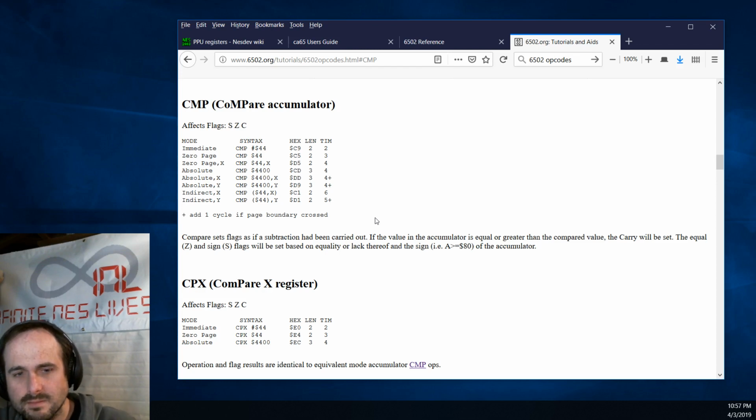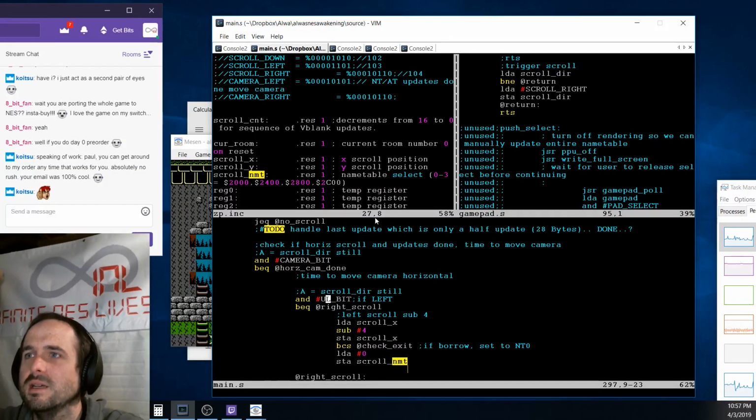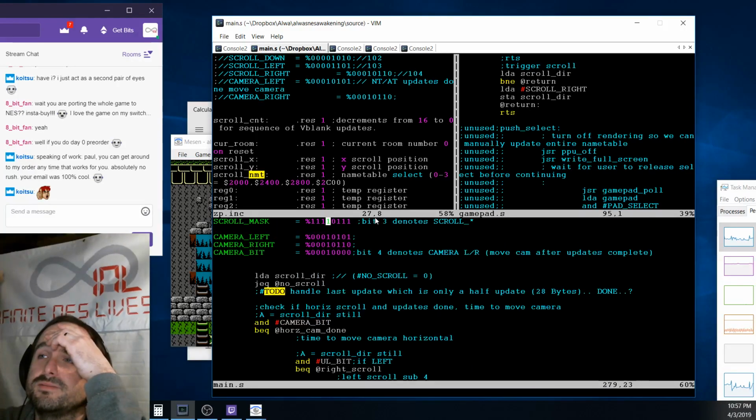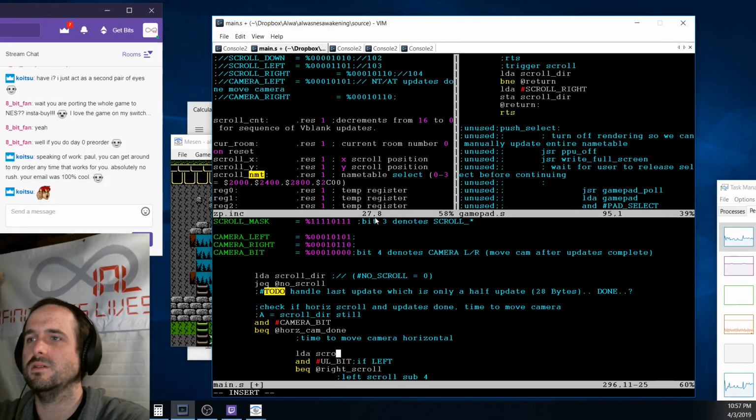I'm checking for the masks, so I can just keep doing that, but I need to reload anytime, if that's how I want to do it. Yeah, it's not there. So LDA scroll dir